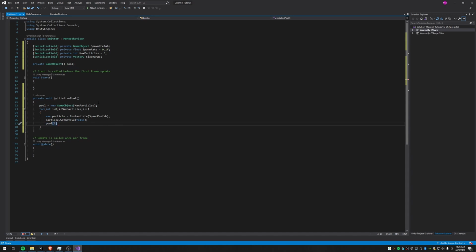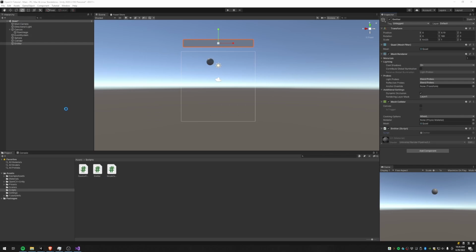So we're going to say pool i equals particle. So all we're really doing is looping over every slot in our pool, making a new particle, turning it off, and that's it. That's the whole thing. So in our start function here, we're going to initialize the pool, just so that we've got it. And just so you can see what's going on with that,